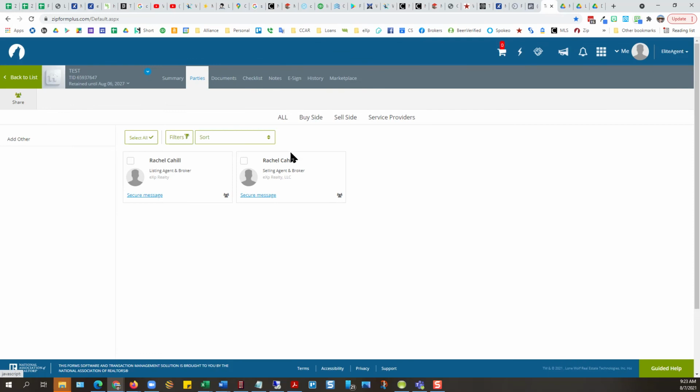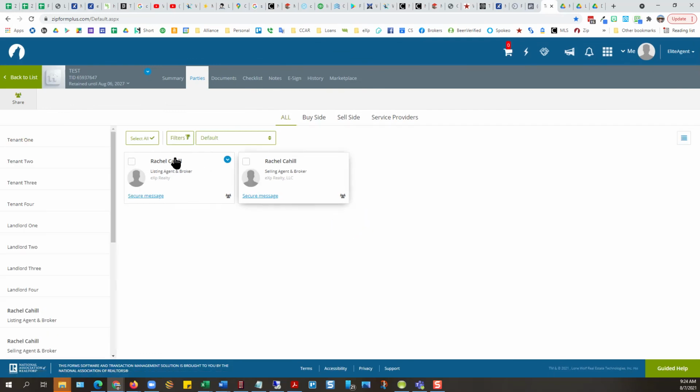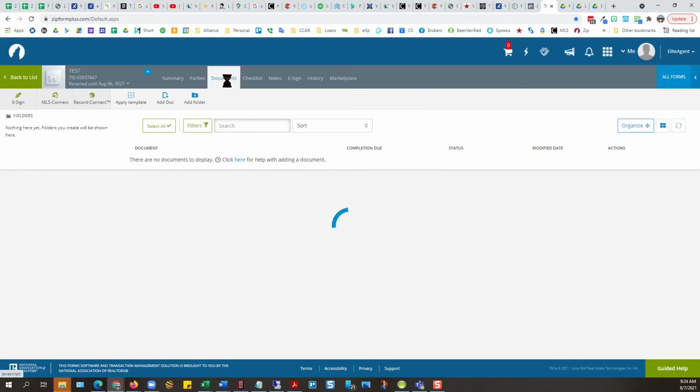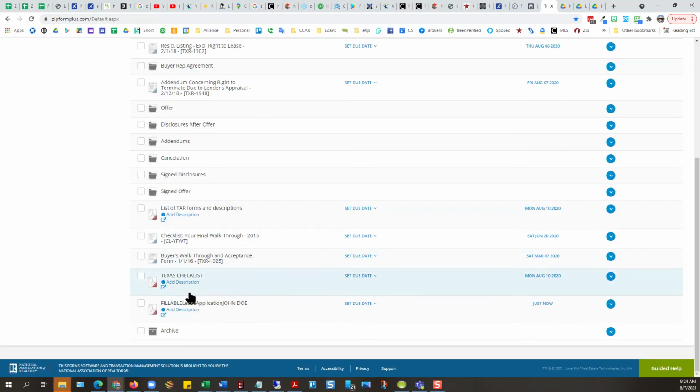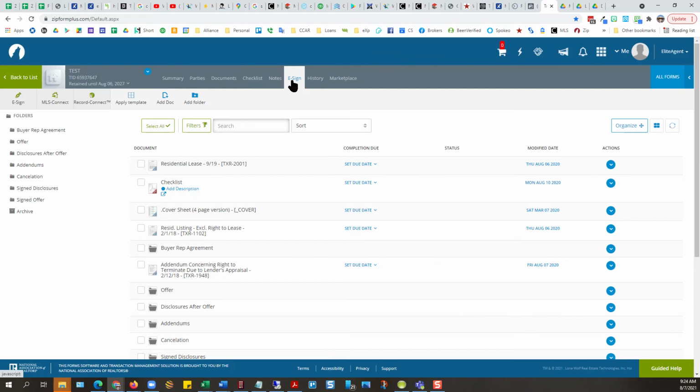Okay, and then click on parties. We should already have them as a party, but just so you can make sure, they should be in here, because if you've already done the buyer rep agreement, they've already e-signed things before. So we've got the documents here, and you can see that this fillable lease application is already in here as a PDF. So we can now click on Esign,